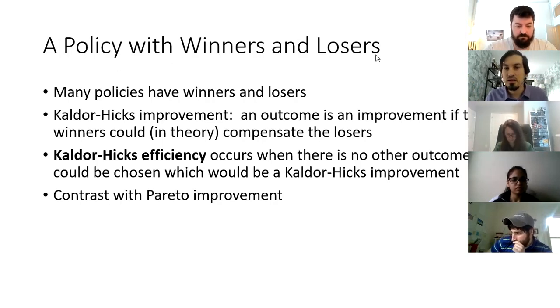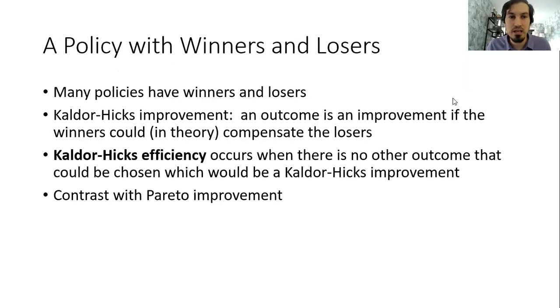We talked about this, but let me be a little more clear what a Kaldor-Hicks improvement is. A Kaldor-Hicks improvement is a case where the winners in theory could compensate the losers. I want a good example of this. What if it was a trade agreement between the United States and Mexico? And the trade agreement is we're going to lower the barriers for manufacturing automobiles, like NAFTA, something like this,